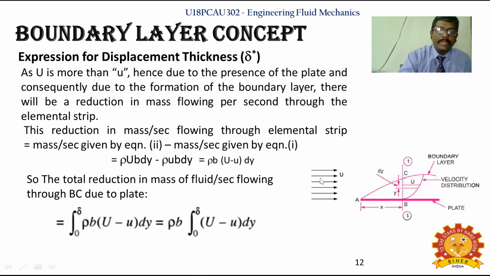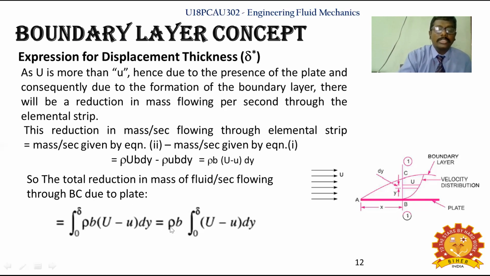So it is varying from 0 up to the boundary layer thickness delta. So what is the variation? u is varying from 0 up to this delta distance. That is what you are going to substitute for the u value once you are differentiating with respect to y. Now you are seeing that there will be a substitution of 0 to delta.